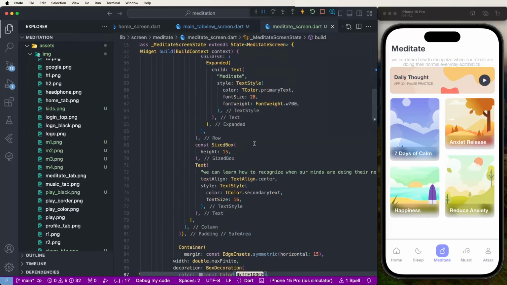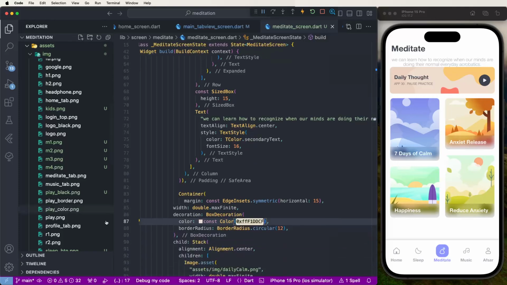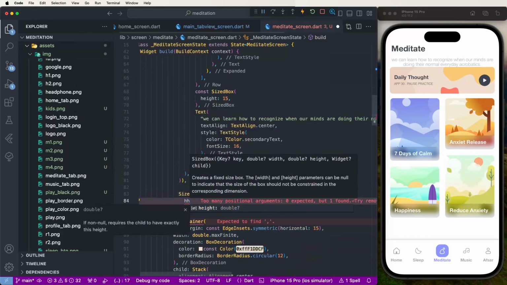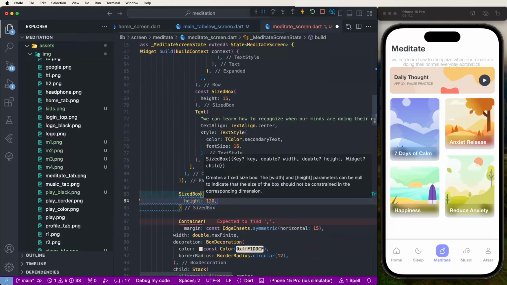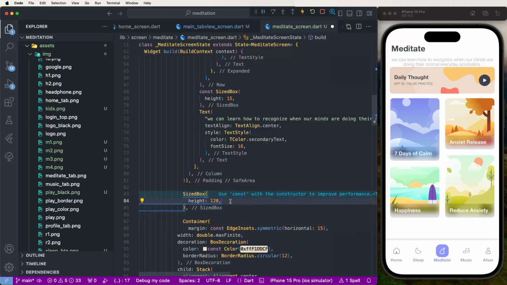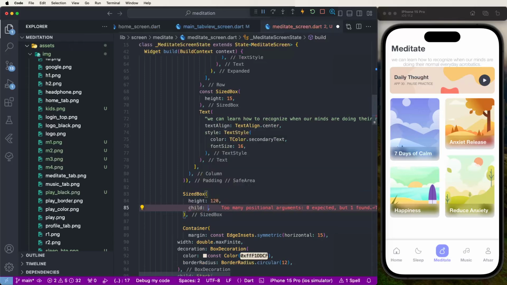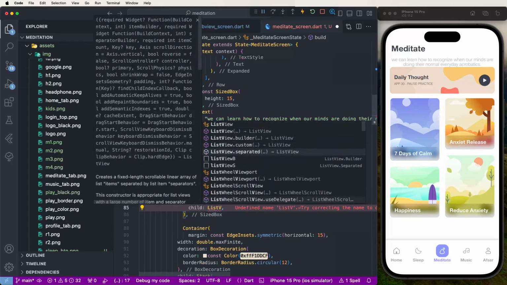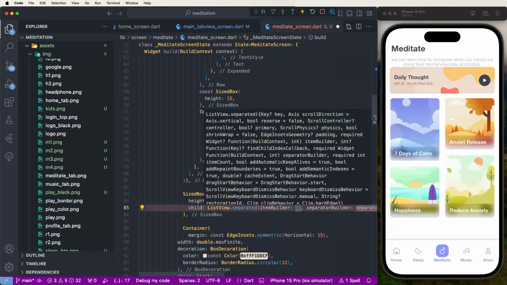Then after need to create here the category list. First of all need to need this here the sized box, and to give this here the height 120, and to set home. After need to create here the children, and to give this here the list view builder like this, and to set here the context,